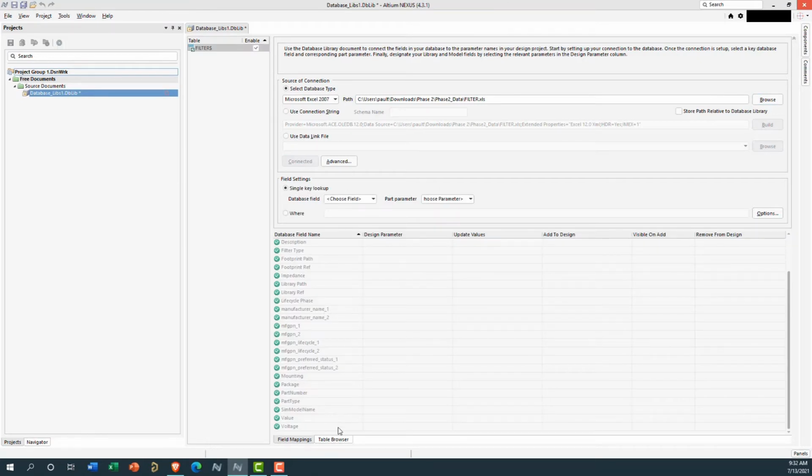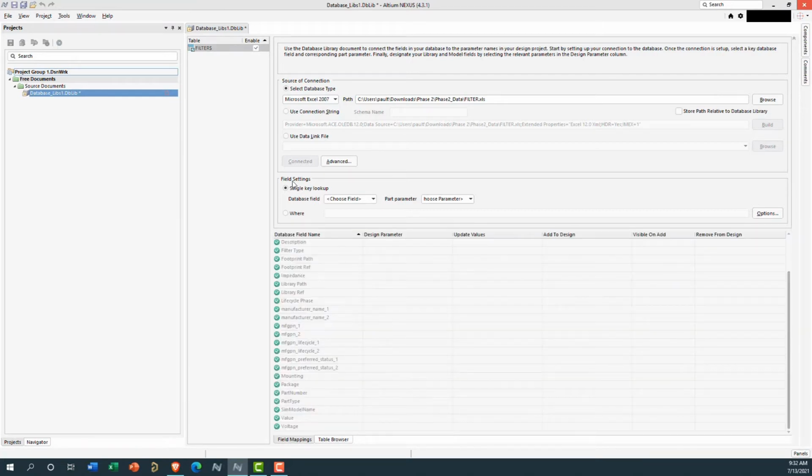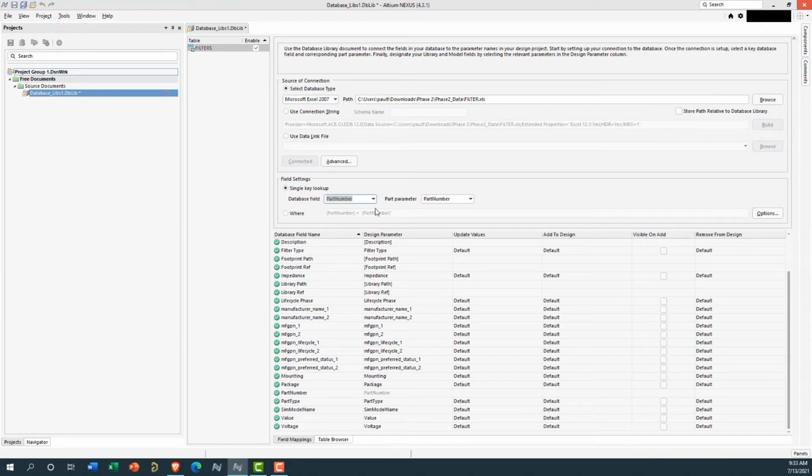And let's just take a quick look at the table browser. So this is a good sign, it sees it, so that's definitely good. And then the next thing we're going to do over here is we're going to choose the field. So the field for this one is going to be the key field name. This should be a field that has unique information in it. We've talked about this many times in our other videos. For our purposes over here, the part number is the unique number, so we will make that the key field